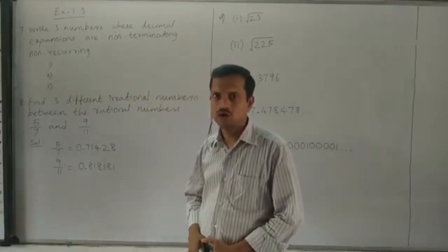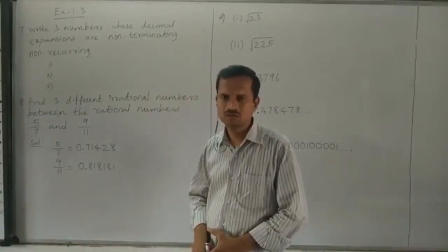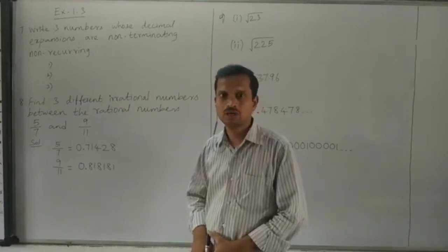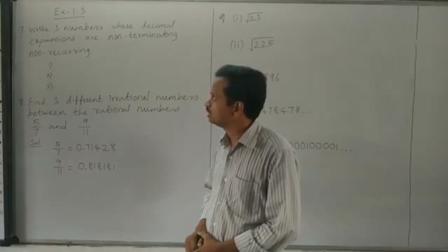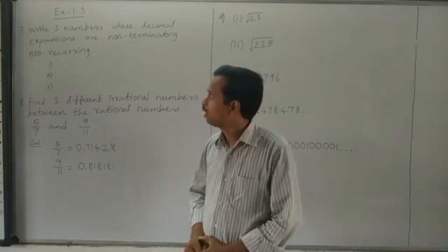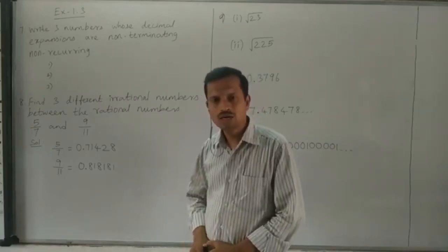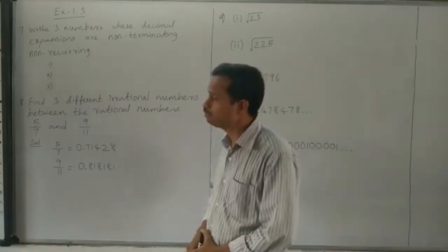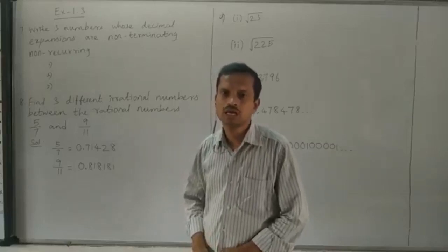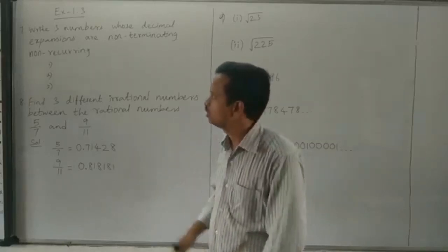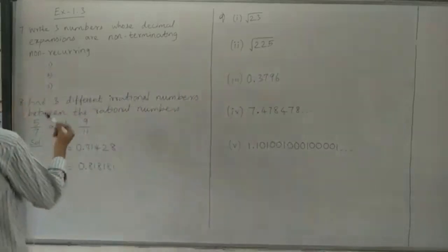Non-terminating and non-recurring. Recurring means repeating. So non-recurring means non-repeating. So that decimal should non-terminate and non-repeat. So that type of decimal, we have to give 3 numbers. Any 3 numbers. First we can see any type of number